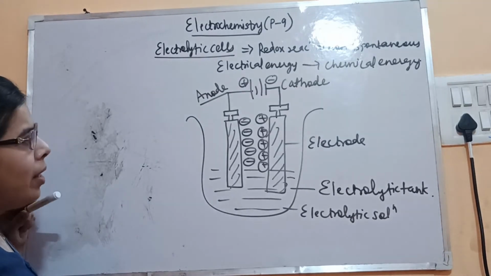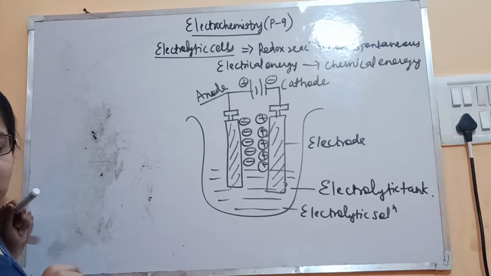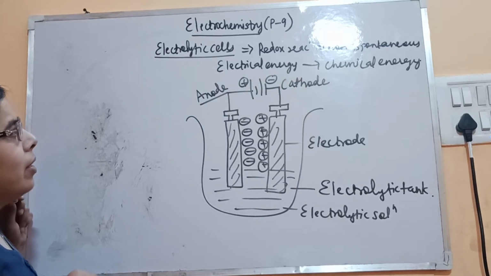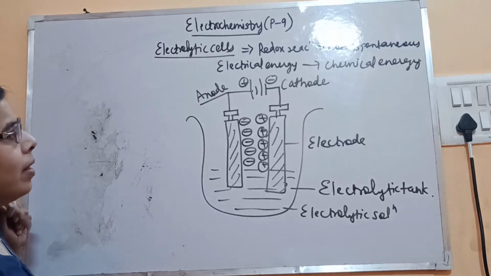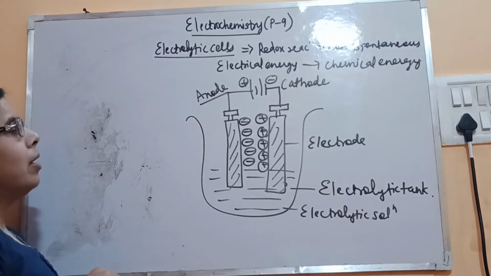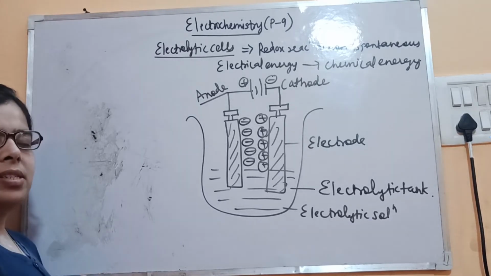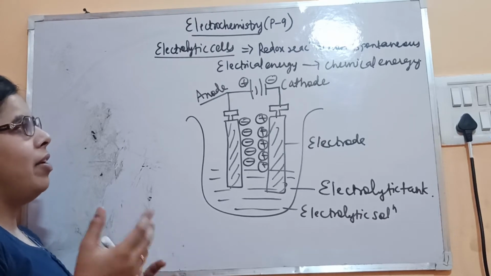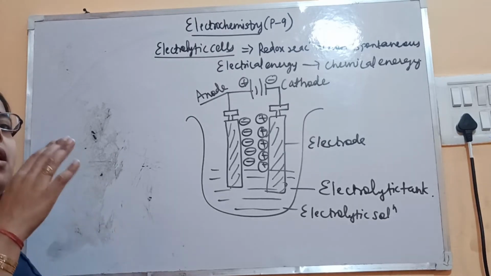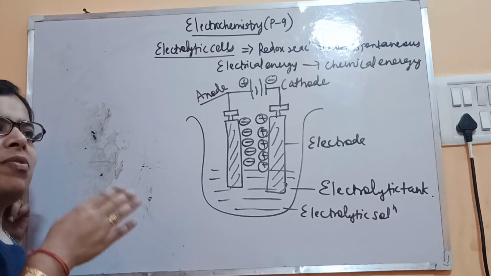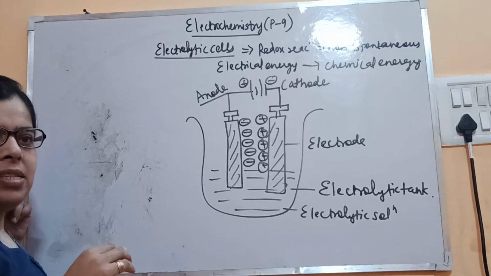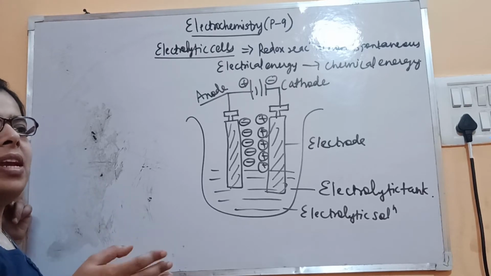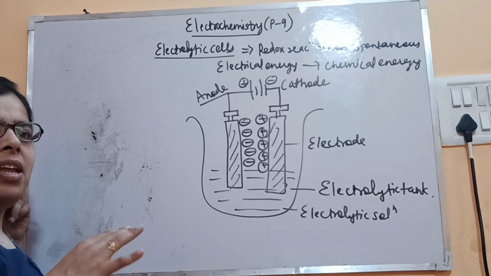Now, this is all about the electrolysis process. The ions move to the respective electrodes. So how do the electrode products get formed? Suppose any compound is there, it moves in the form of its respective ions, and then they release their electrons, or discharge their electrons, and become neutral species, and then the products get formed.